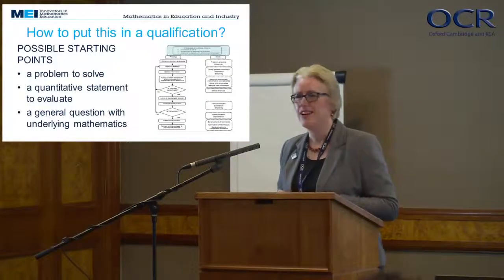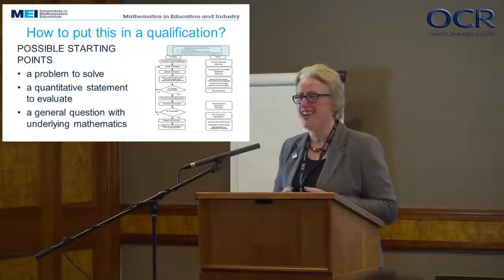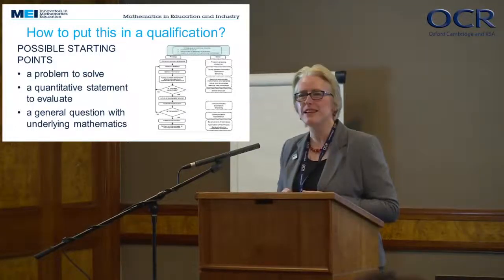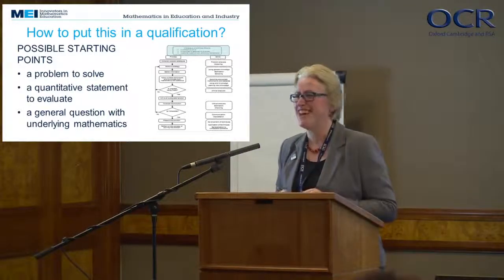So once we'd started thinking about all these different kinds of questions that we wanted students to be able to do, rather than focusing on what maths we want them to learn, we then had to put it in a qualification. And that then raised the question of how do we organise it? It's not algebra, number and geometry anymore. How do we organise it? And I am indebted to Roger, who came up with a very large and possibly complicated looking at first structure